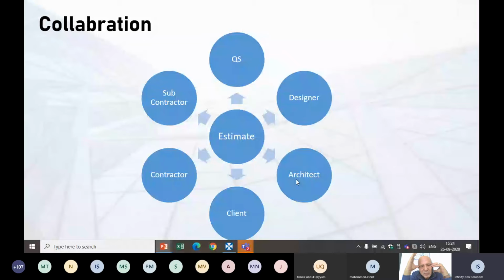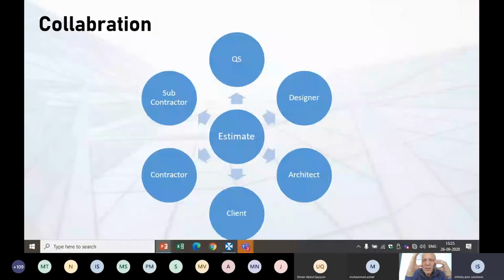Whenever there is an over-budget situation, after we have prepared the quantity takeoff, we may find this quantity is a bit higher than what we planned in the preliminary estimate, right? So we can directly show that to the designer or the architect. This is what we planned, but as per the actual design, this is what we have got. In that way, it helps us communicate easily with the designer, with proof for our quantity. Our information will not be in a fragmented way.